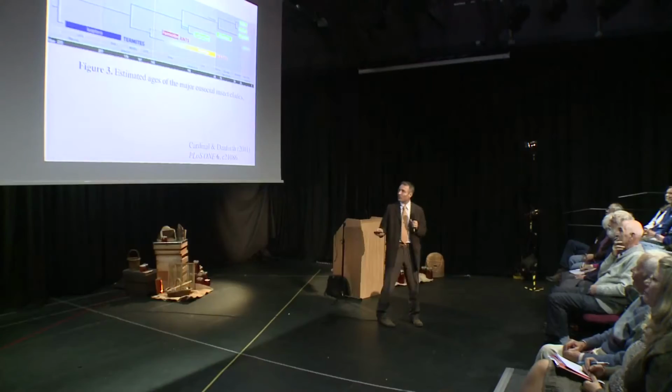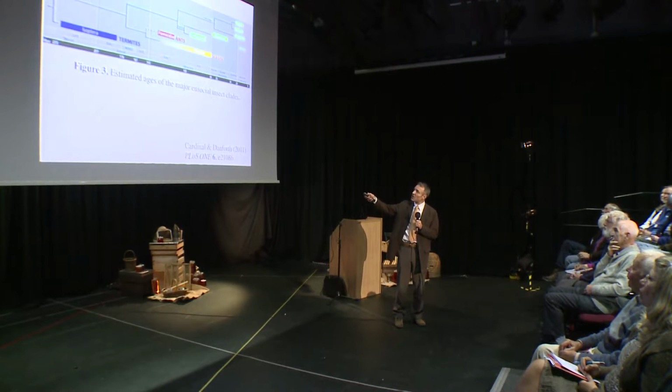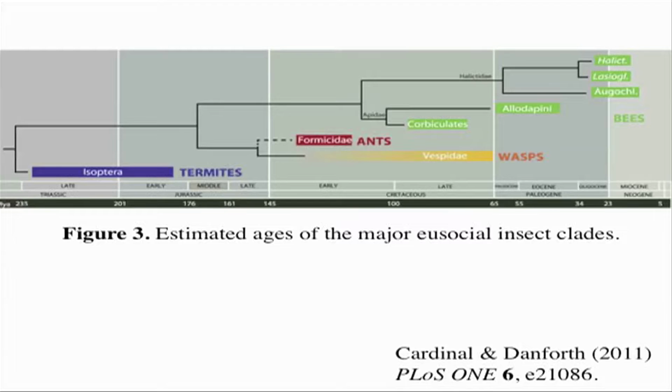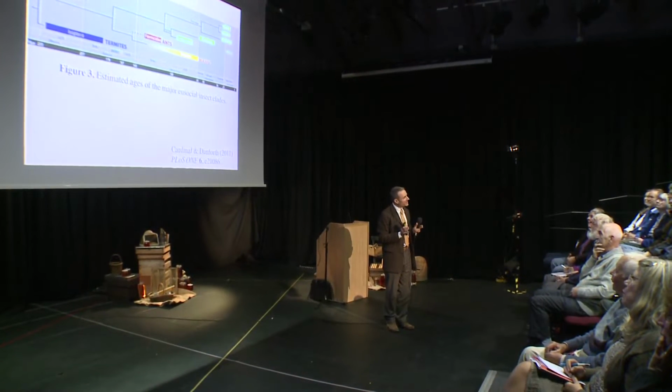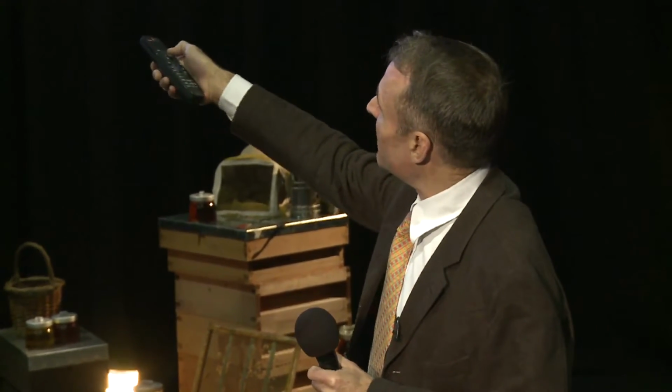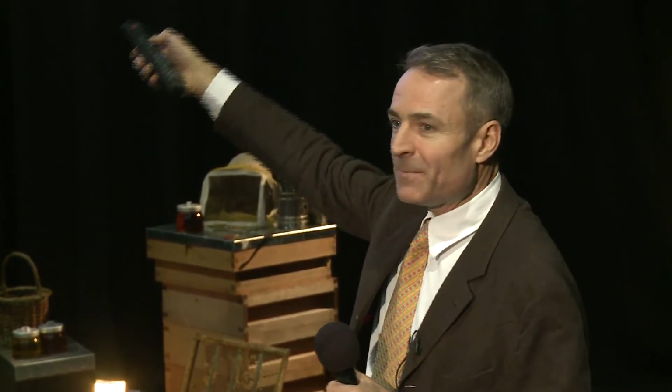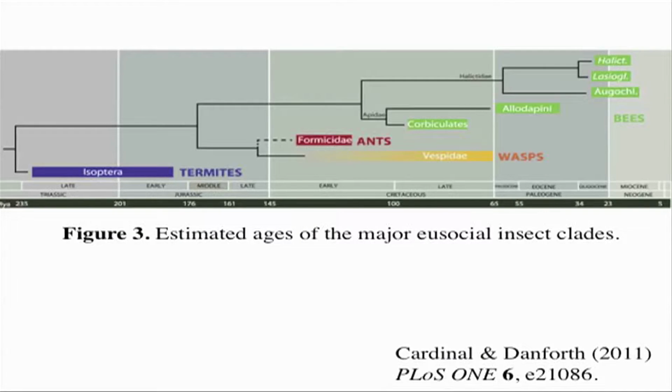Well, falling back onto Brian Danforth's and colleagues' phylogenies, one of his students, Sophie Cardinal's, we've got here a date across the bottom in millions of years. We've got the origins of bees about 150 million years ago, the origins of the Apidae about 120 million years ago, and the origins of sociality in the bees, originally they're all solitary, is placed about 60 to 80 million years ago. So at some point about 60 to 80 million years ago, they've gone from being solitary across to being eusocial. And in the case of honeybee, it's not looked back.